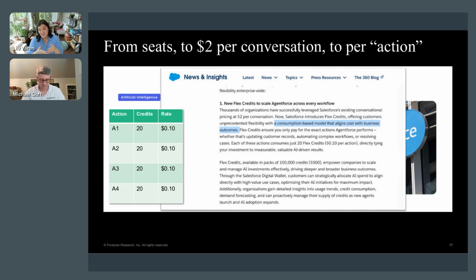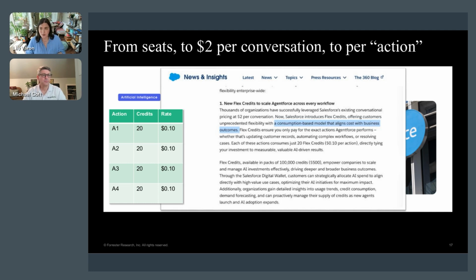And in fact, in this case, it's a relatively simple rate table, as I understand it. All actions cost 20 credits, and they align with a flat 10-cent cost. And it decrements from there. But actually, the technology enables us to do much more sophisticated rate tables than this, as some of you well know. But this transformation that we're talking about, when we get to this per action monetization strategy, this more usage and consumption, maybe usage and consumption masquerading as outcomes, right? Because the action itself is not an outcome,